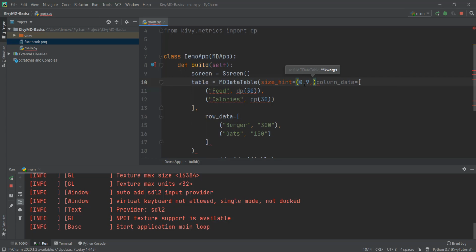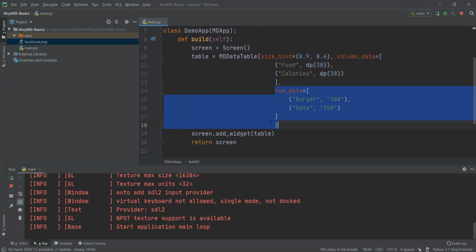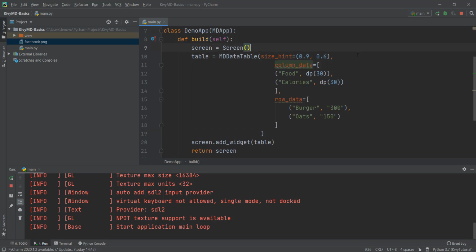And why do we want y to be 60% of our screen? Obviously, feel free to play with it. Just by playing around, I've discovered these values work the best. So I'm just going to put in 0.6, and I'm going to add a comma over here, and let's format everything properly so it looks good. And let's make sure that it's on the same line. So I'm just going to add a tab over here and some tabs over here too, and this parenthesis should end over here so that we can properly see how it looks. And actually let's make sure that our column_data is on the next line. And yeah, so everything is looking pretty good.